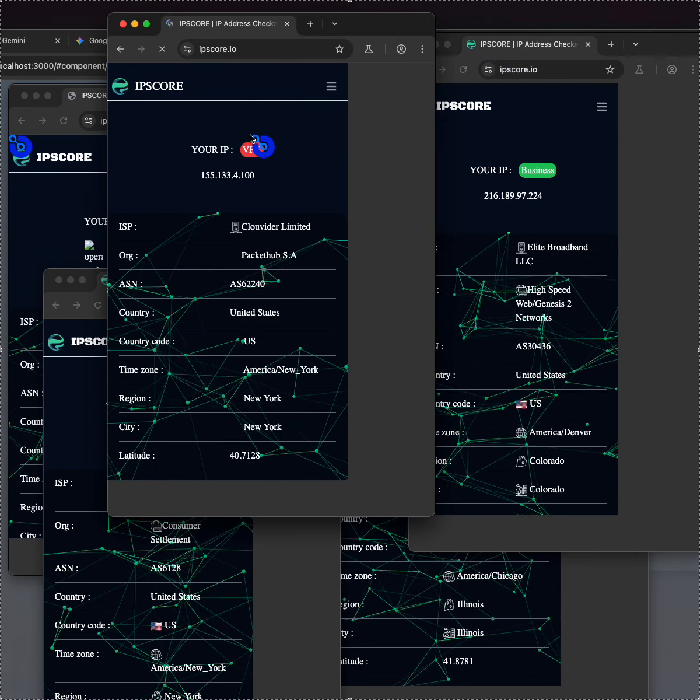This one is a bad IP. It's showing VPN. They've caught this one. This other one is a bad IP too. This one is a bad IP. This one is a bad IP. Some are bad because I'm using Cherry Proxy. Cherry Proxy is not as good as Oxylabs. The one I used in my previous video was Oxylabs. This one is Cherry Proxy. I keep testing all of them to see the best. So Cherry Proxy is not as good as Oxylabs, but you can see that every 2 minutes,